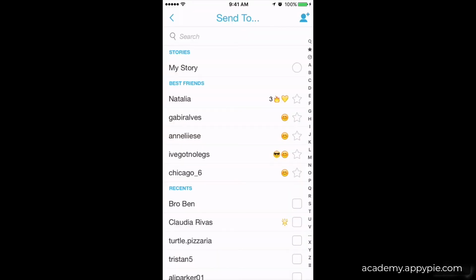And you can see that it says stories in the very top. So if I click my story and then push the arrow again in the bottom right, this is going to send this content to my story, meaning it's going to post it in my story, and anything I post after this will be in sequential order. So if I was to post a video after this, it would show this photo that I'm just posting right now, and then the video next. And the point is to really tell a story or tell the tale of what an event that's occurring right now. So I'm not going to post that right now, but what I have got for you,